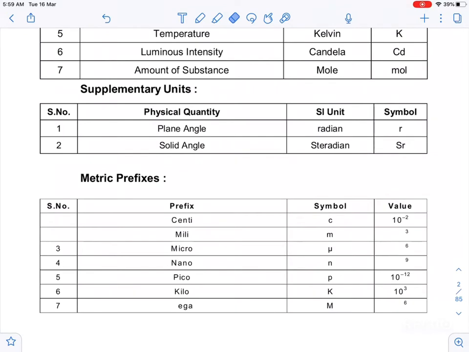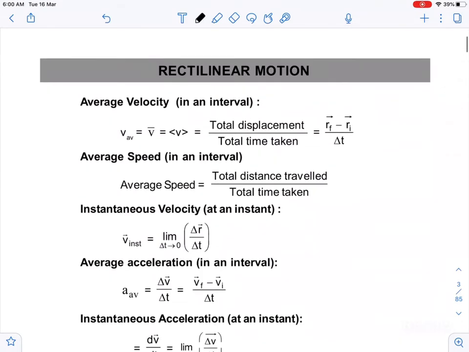Now guys, there are some things which you have to keep in mind, because they will give you some unit, and sometimes a student doesn't take care of the unit and makes some mistake. Centi means 10 raised to power minus 2. Milli is 10 raised to power minus 3. Micro is 10 raised to power minus 6. Nano is 10 raised to power minus 9. Pico is 10 raised to power minus 12. Similarly, kilo is 10 raised to the power 3 and mega is 10 raised to the power 6. If they have given gigahertz, that is 10 raised to the power 9. So these things you should keep in mind. If they have given some unit, you have to convert it properly.